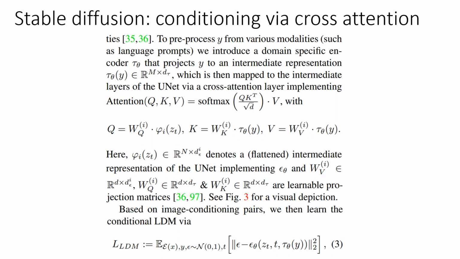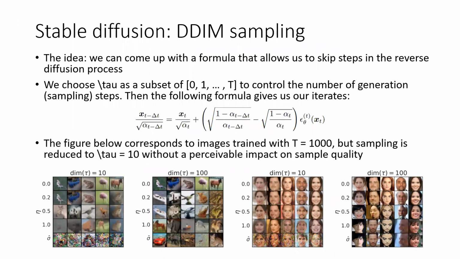And that's given in the equation at the bottom. Okay, so the other thing I'd like to talk about in more detail is this DDIM sampling. The key insight of this paper is that we can skip steps in the reverse diffusion process. And the authors prove that this equation that you see here is an equally valid equation for obtaining x sub I from x sub t.